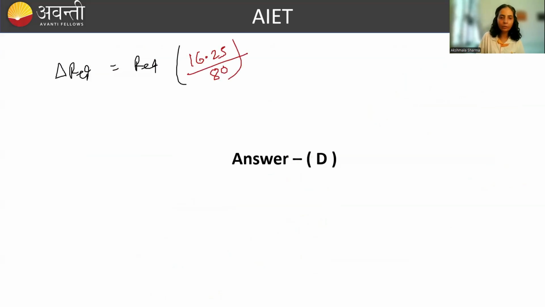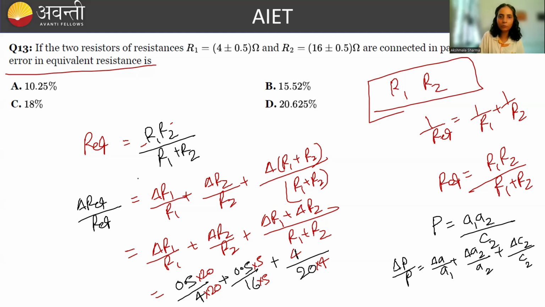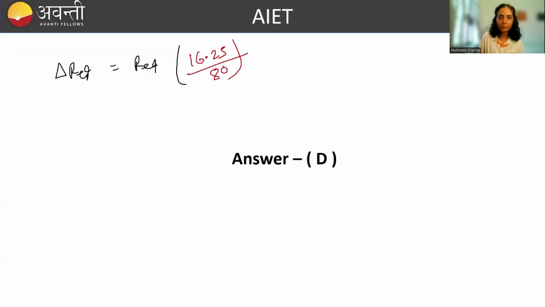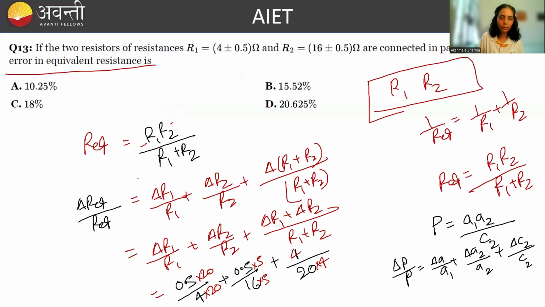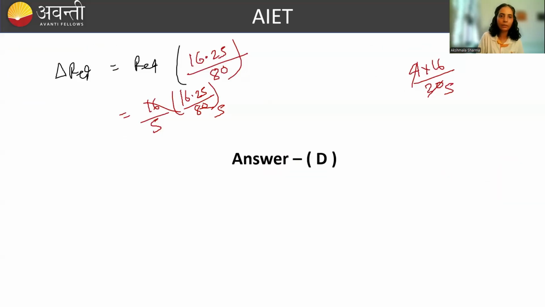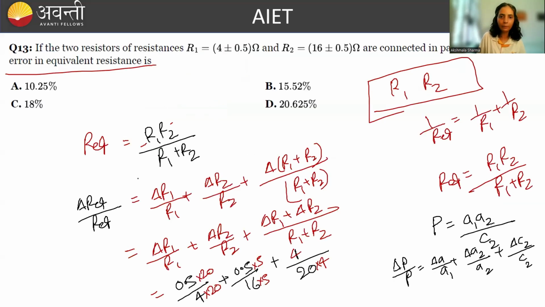Calculate R equivalent. How much will R equivalent be? R1 into R2. R1 is 4, R2 is 4 times... so 16 divided by 20. So this is equal to 16 by 5. So 16 by 5 into 16.25 by 80. Okay, but what did we need to calculate? Percentage error, right? So there is no need to multiply by R equivalent. So this is the 16.25 we are getting, and